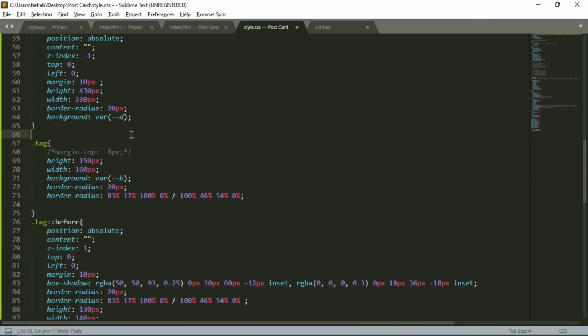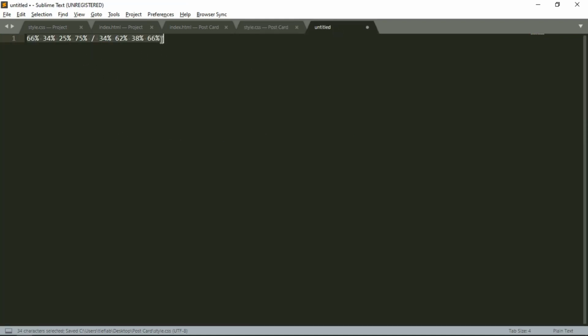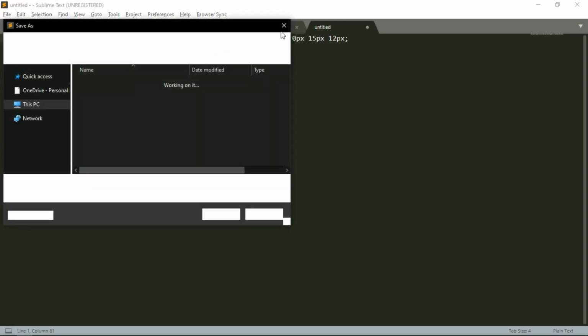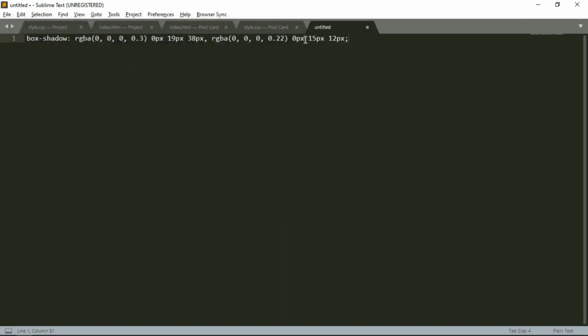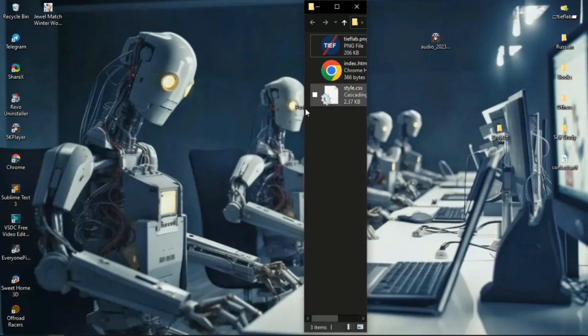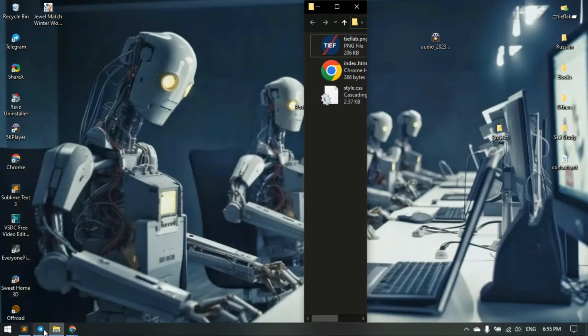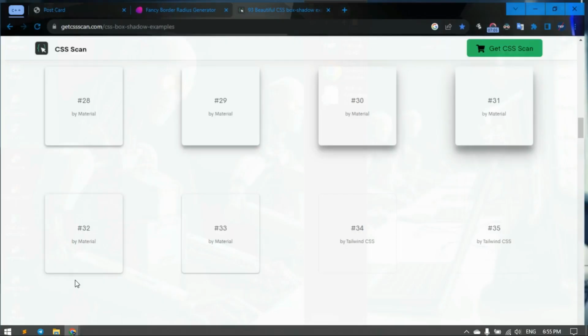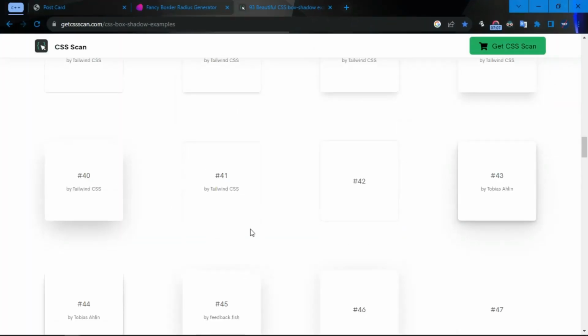It's kind of cool. It's different from the first one. You just have the whole thing, the shadows. This is the first color and the second color, and you can change whatever you want. As you can see, they are using only black, so you can change it to blue, to red, whatever.